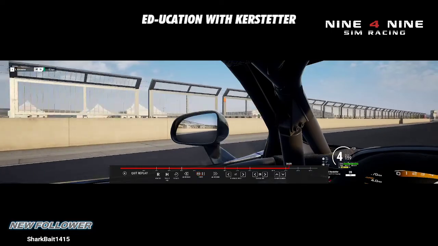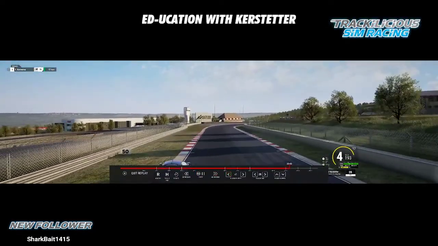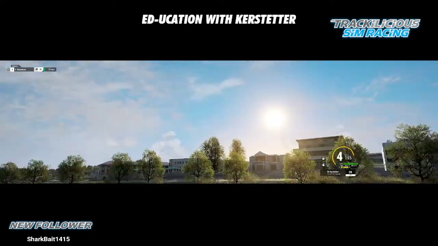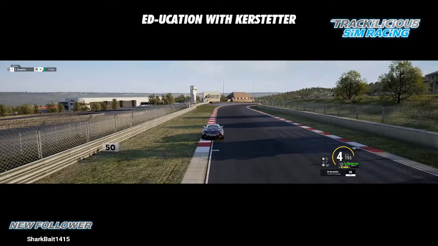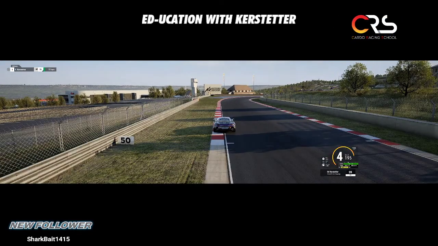All right, so coming up to this next corner, let me check my track map. This is Sunset. Not quite Sunset yet, but close. So here I use, personally, I use where the,